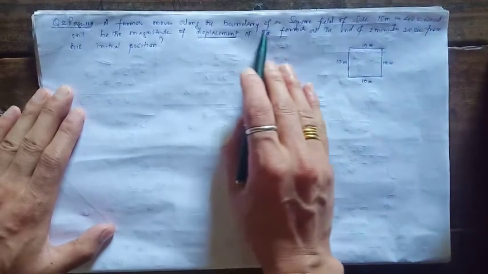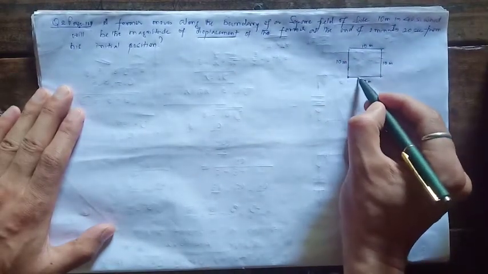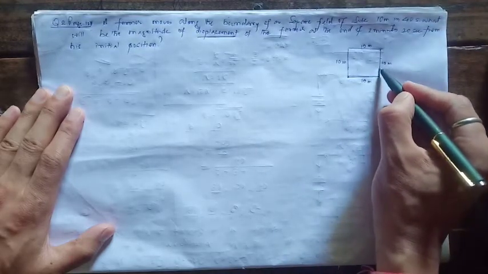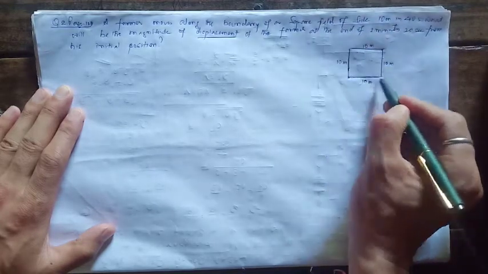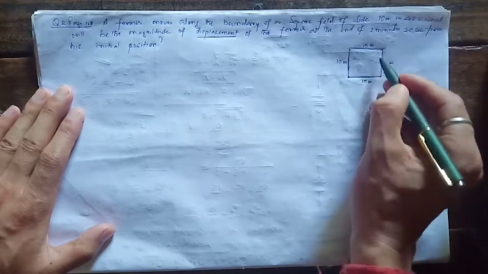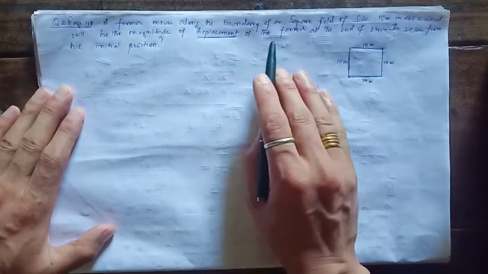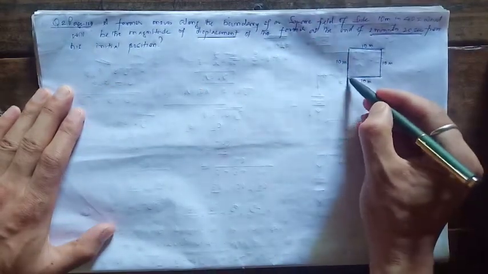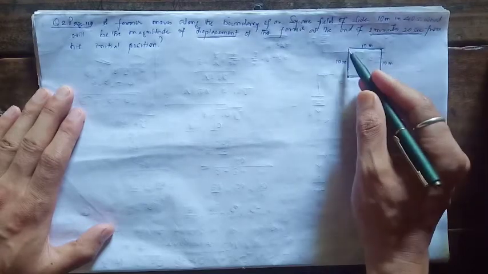A farmer moves along the boundary of a square field of side 10 meter in 40 seconds. So let's suppose the farmer starts his motion along the boundary of this square field of side 10 meter, and it takes 40 seconds to make one round of this square field. What will be the magnitude of displacement of the farmer at the end of 2 minute 20 seconds from his initial position? So he started from his initial position. At the end of 2 minute 20 seconds,